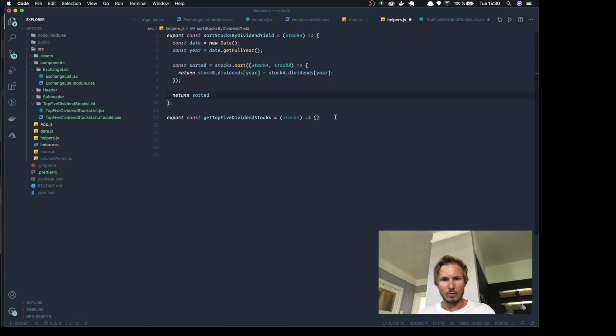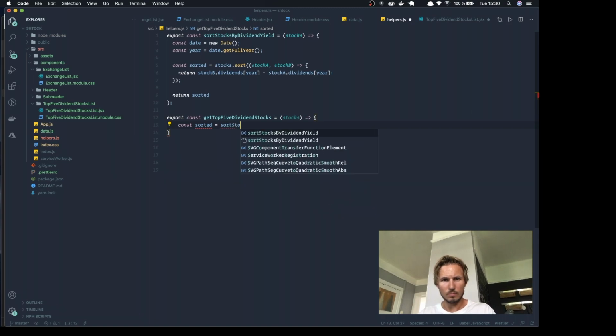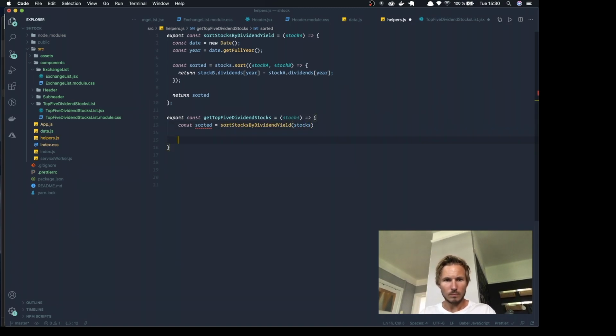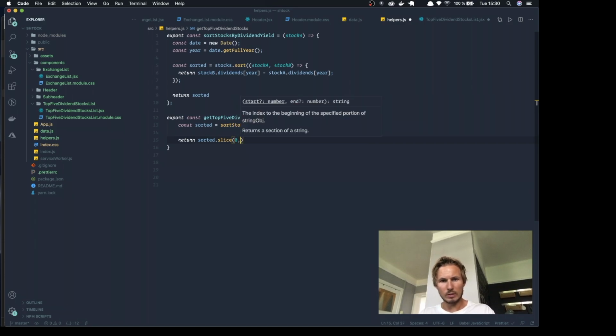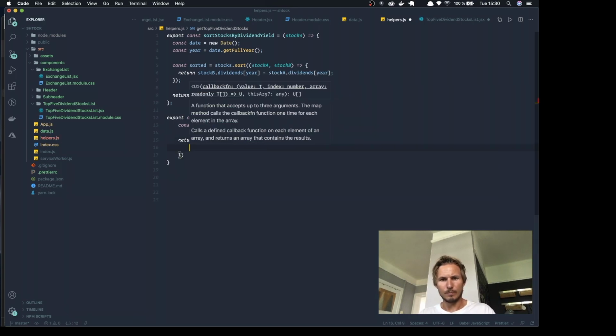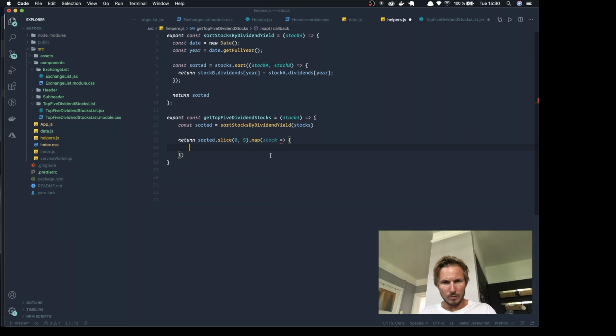We're going to call on this sort function, and then we're going to return sorted slice 0, 5 dot map, and we're going to return an object that has ticker, stock ticker, name, stock name, amount is going to be,